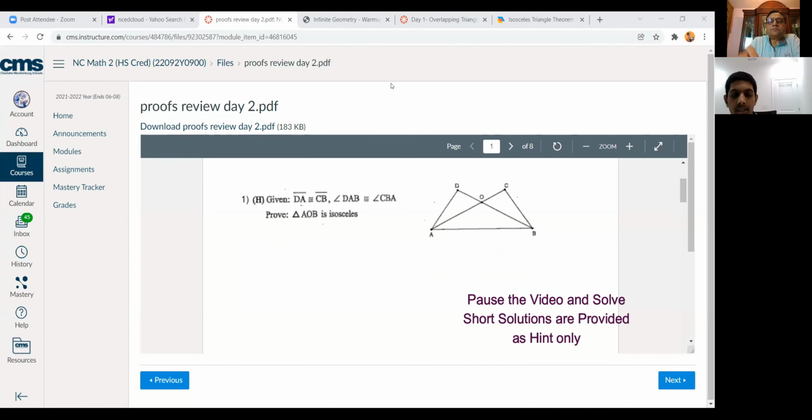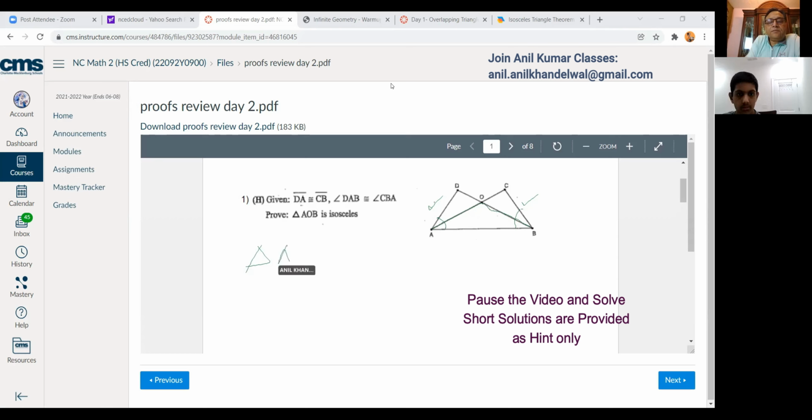Given segment DA is congruent to segment CB, angle DAB is congruent to angle CBA. Prove that triangle AOB is isosceles. AOB, the smaller one, is isosceles. So we have to see this side is equal to that side. Correct. Okay. So from the bigger triangle which is given to us, we are looking into the triangle